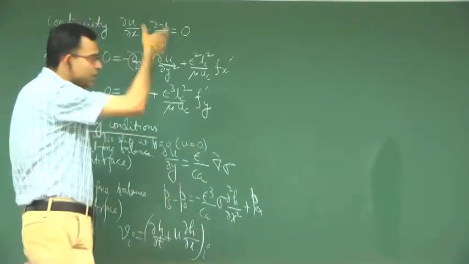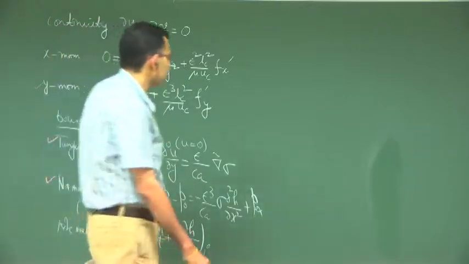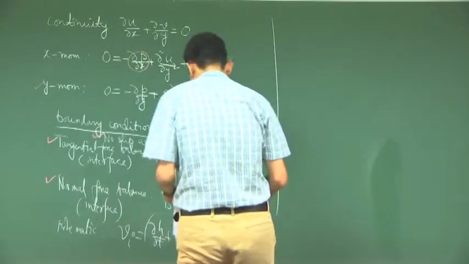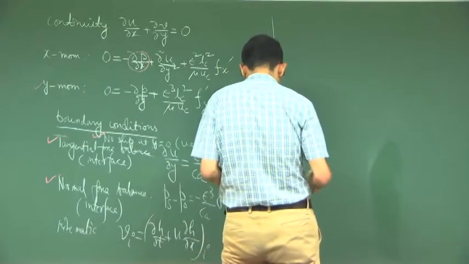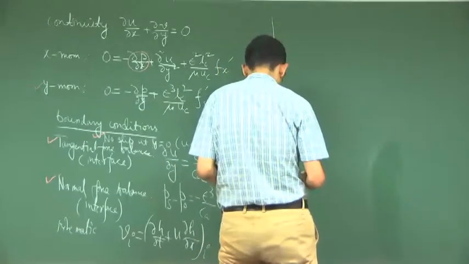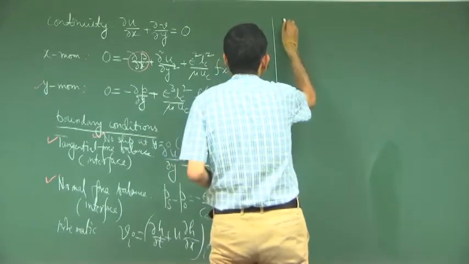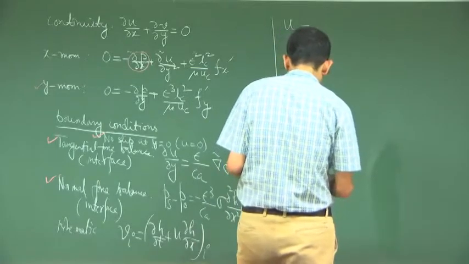This all we derived in the previous lecture; just for the sake of continuity I am reproducing it here. So, u, the final form we have got is